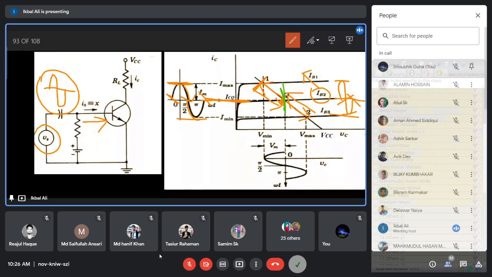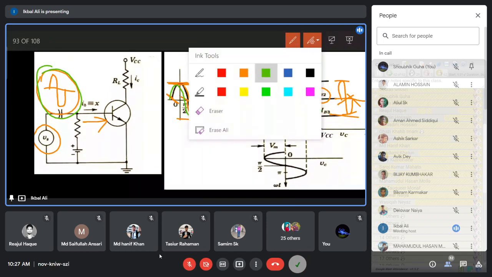That will give you the DC condition: DC base current, DC collector current, DC collector emitter voltage, all will be DC. As soon as you apply the AC signal, the base current swings between the DC current IB2 to IB1 to IB3. Similarly, the Q point will jump from position 1 to position 2. In this way, the Q point will fluctuate in between, and similarly, you will get the collector current swing at the output accordingly.